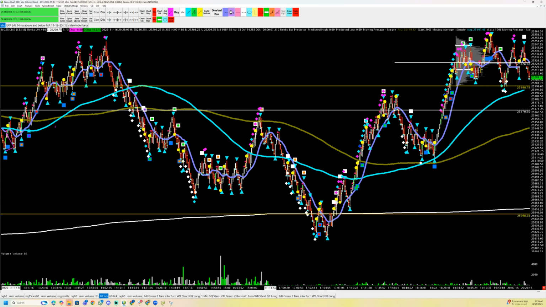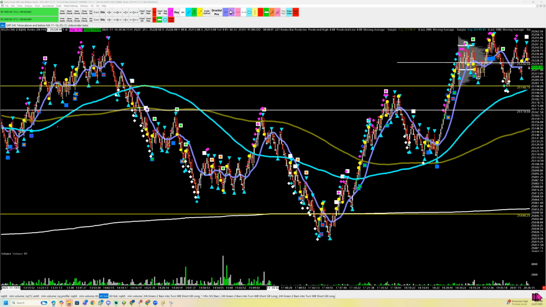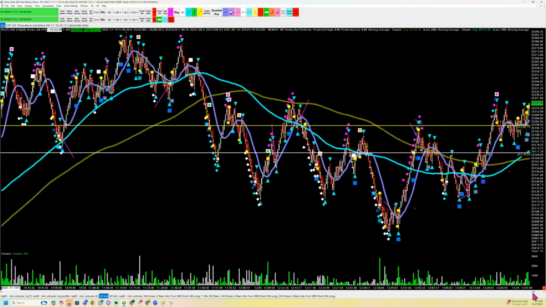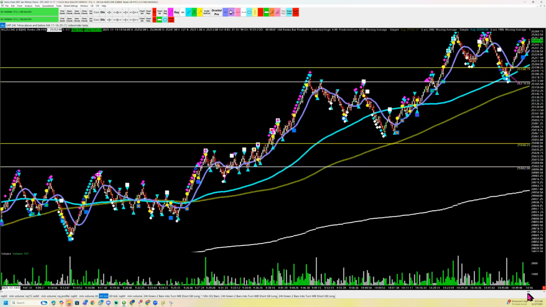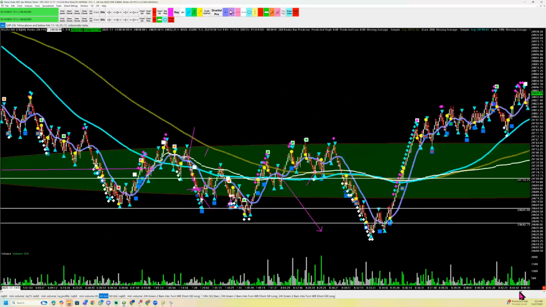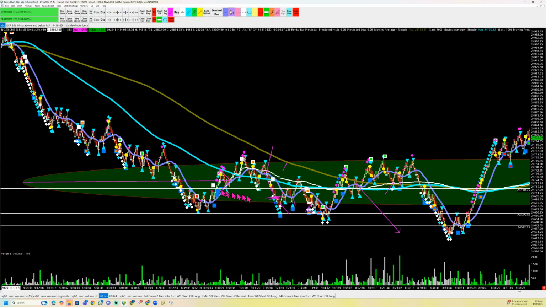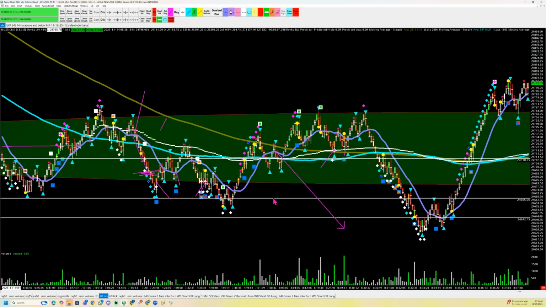Okay, so the problem that we are specifically trying to solve is how do we get the early alert so that we know that we're about to get this move here, right? And then how do we use it from there? So we're going to start off with a very basic, simple principle. Okay, so if you go back to Friday morning, for example,